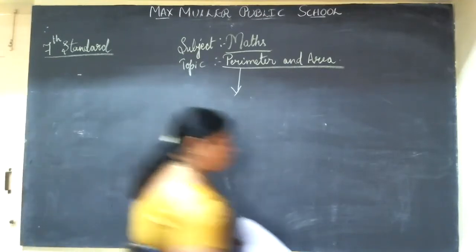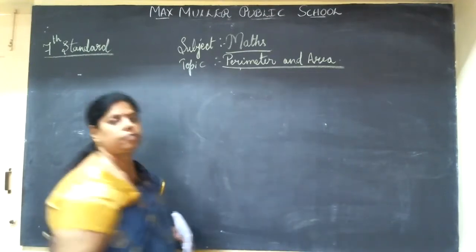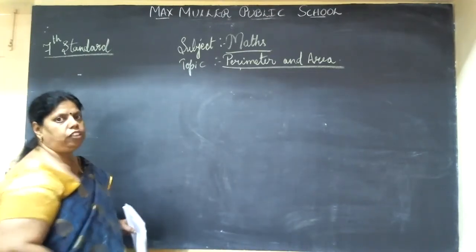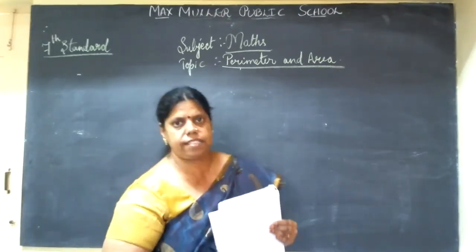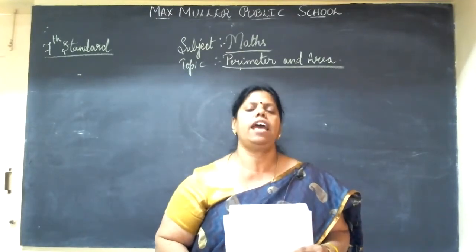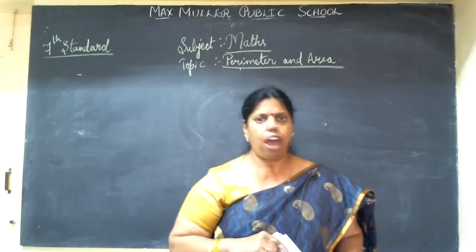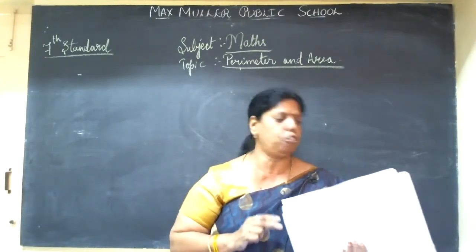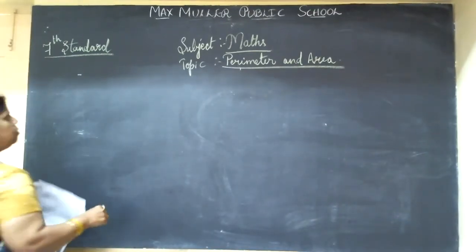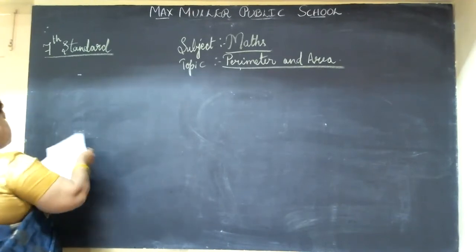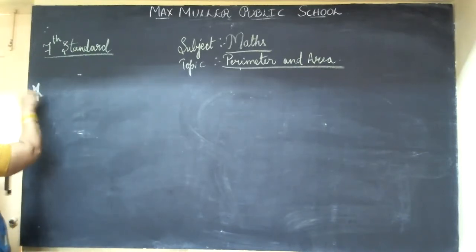Write perimeter and area. Write today's date. And you are submitting on the day which I say. Either Wednesday I will give you the day. On that day you are submitting your classwork. You have to bring it to the class, school only, and submit the classworks. Now, a few sentences we will write. Come on, write some few points here.